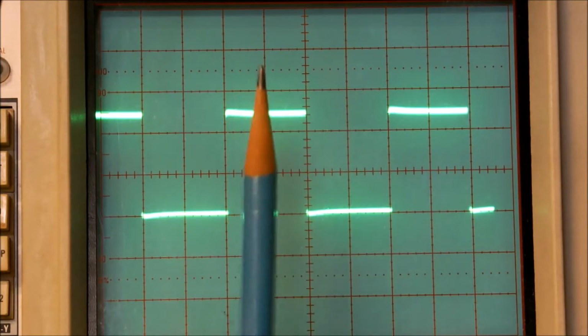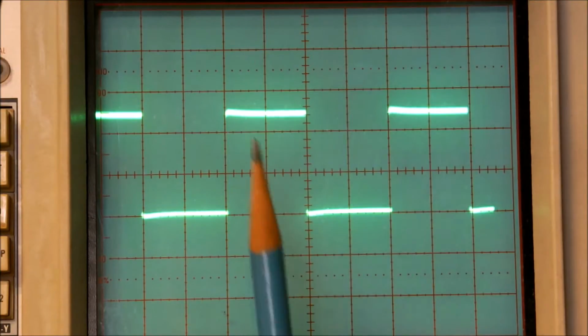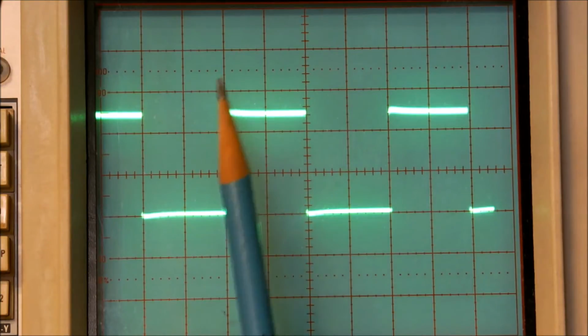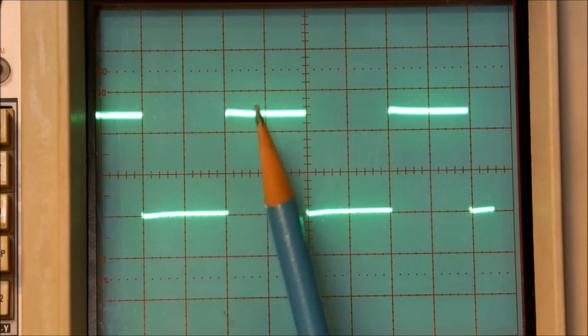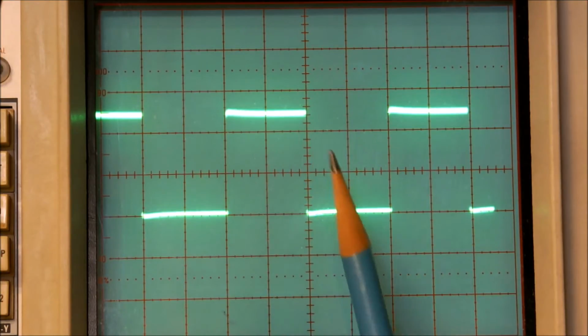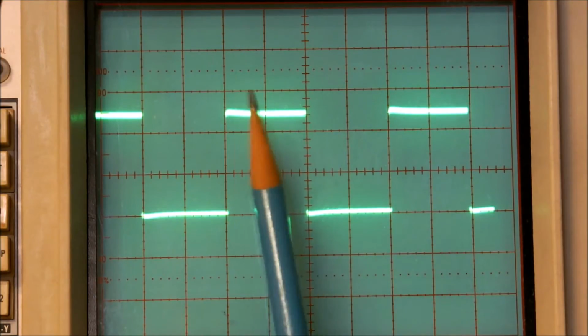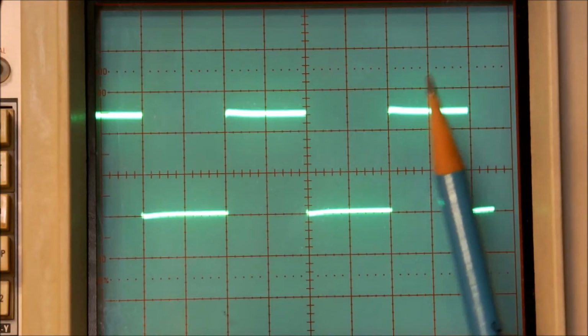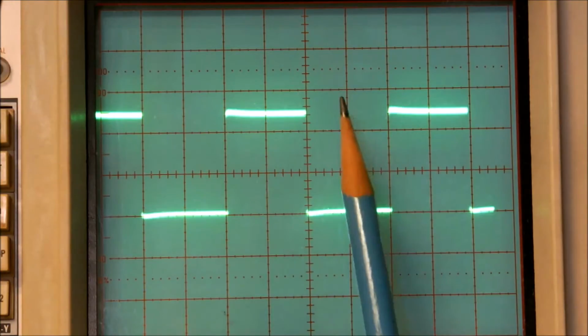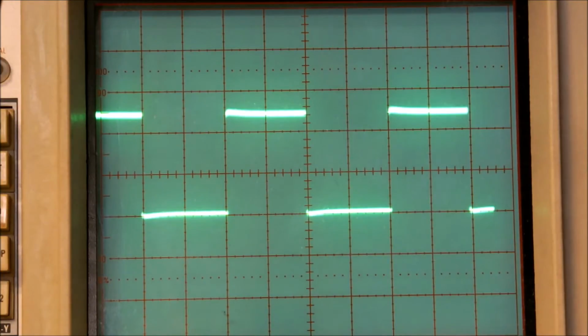Now you note that if we want to check the period of this waveform, the period is the time it takes to get from one place in a waveform to the exact same place in the next wave. And we'll measure that by starting at the peak here to the peak of the next one. We have 1, 2, 3, 4 divisions, 4 gradations. We know that each one of those is 1/2 millisecond each, so that gives us a total period of 2